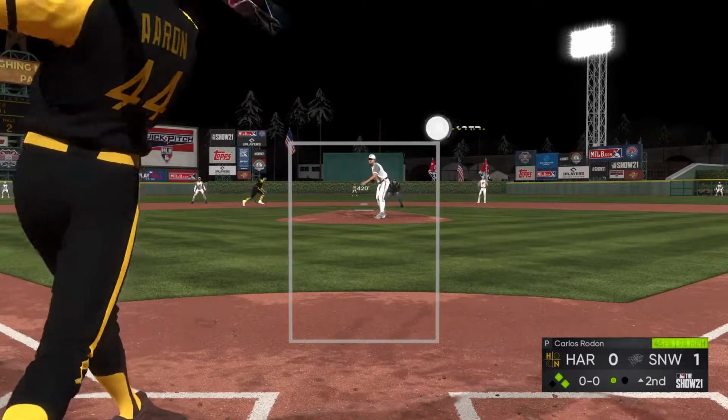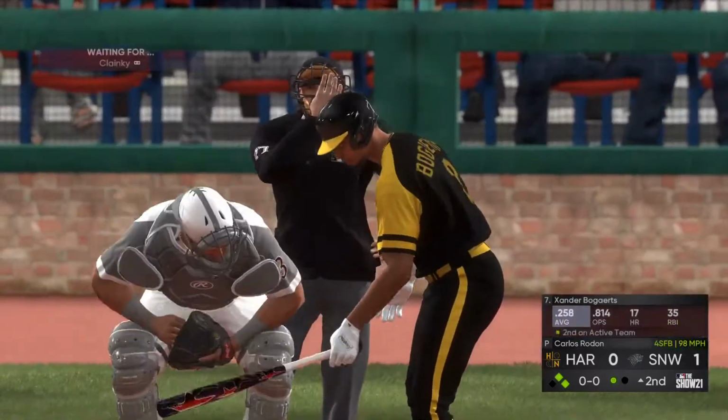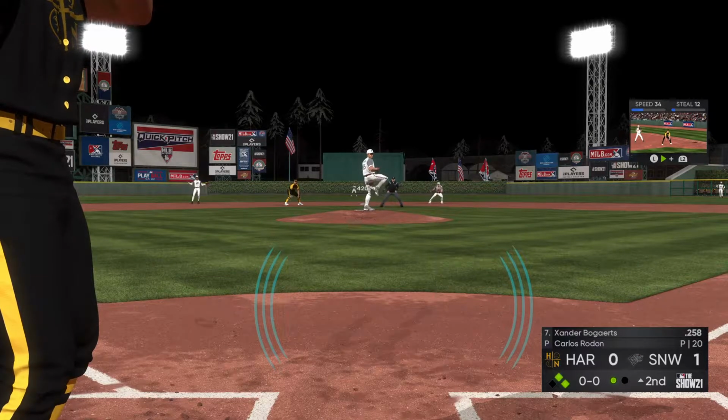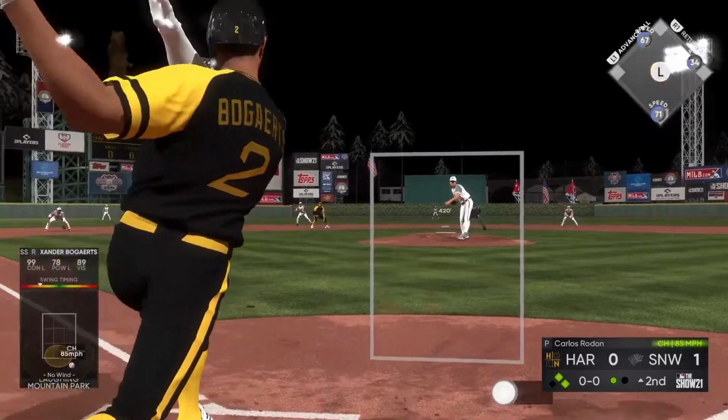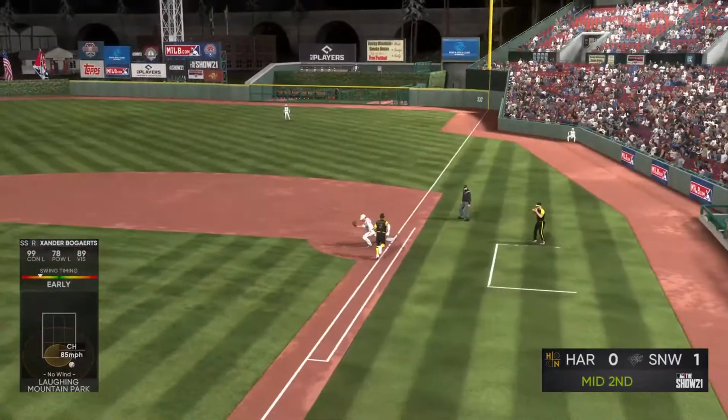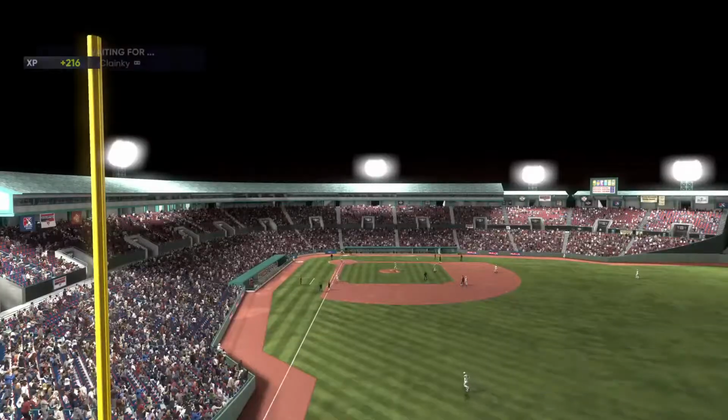Hey, I get it. He's looking for a ball to drive, but that ball was a little bit too far up in the zone. That's one you normally pop right up. Got him swinging on the fastball there. Hank Aaron becomes the first out of the inning. One there on to Konerko, and it's a double play. The side is...